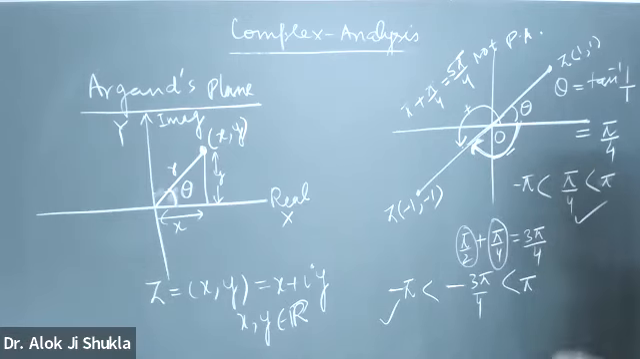Now you want me to take the LCM to calculate 3 pi by 4? Okay. Got it, sir. And why the minus sign? It is in the clockwise direction. It is clockwise. Okay. So now